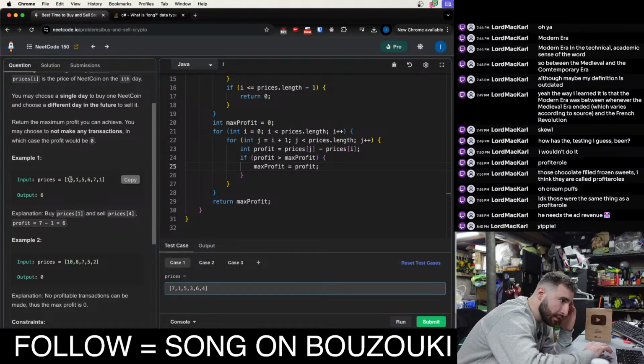So maybe we can keep track of a minimum price day, and then a maximum price day. And if the index is greater than the index